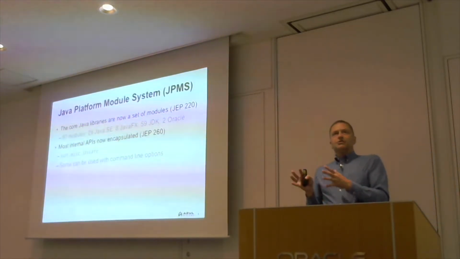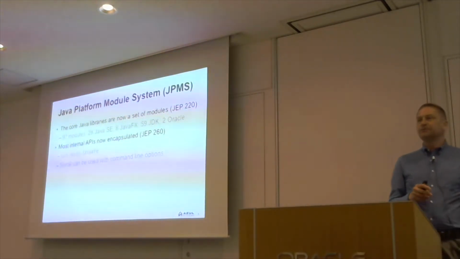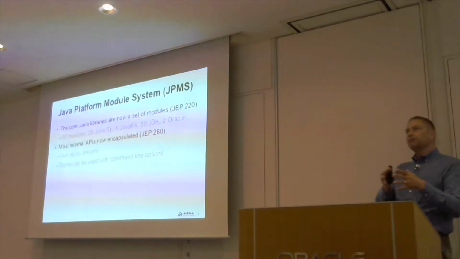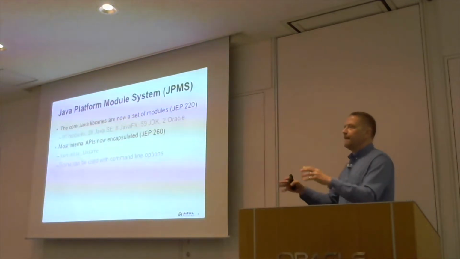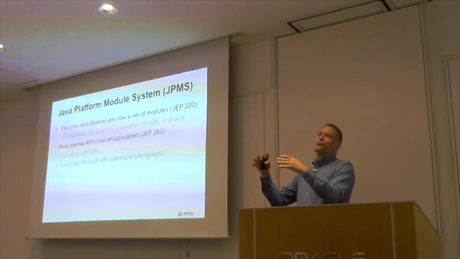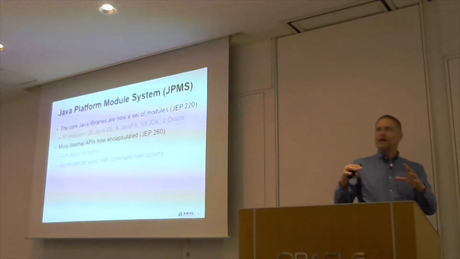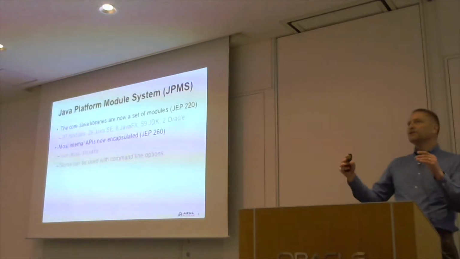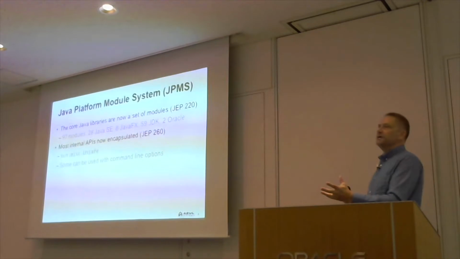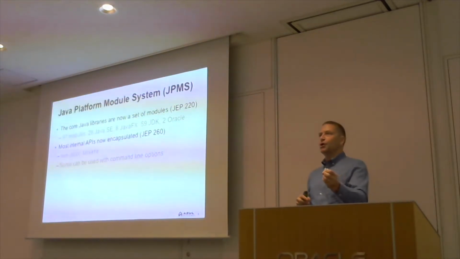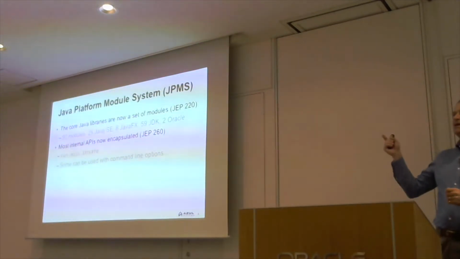There's a second side to modularity. And this was one of the goals that the developers of modularity had, which was not just to break up the public APIs into manageable chunks, but also to encapsulate the internal APIs. There are 4,500 public APIs in rt.jar, but there's actually more classes there, because there are a lot of classes which are required to make the public ones work. And the most famous of those, or infamous, is sun.misc.Unsafe.